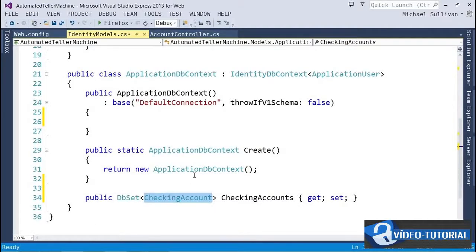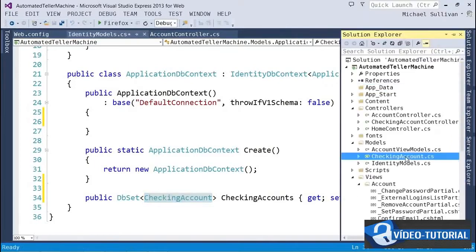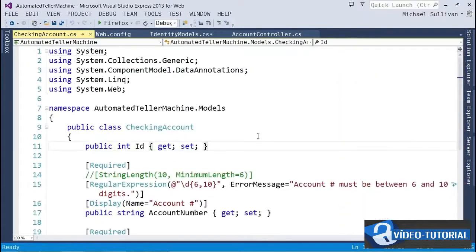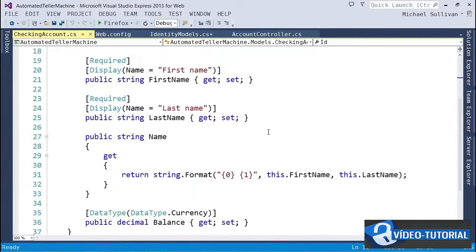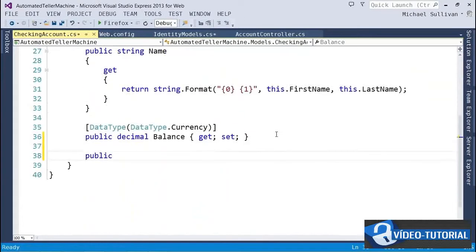In the checking account class, we'll add another property that will be a reference to the user that holds this account. This will be automatically implemented with a foreign key that references the user table when our database is generated. Making it a virtual property allows it to be overridden by the framework with a mechanism that supports lazy loading of this related object. So we could actually assign a user object to this property and have that be updated